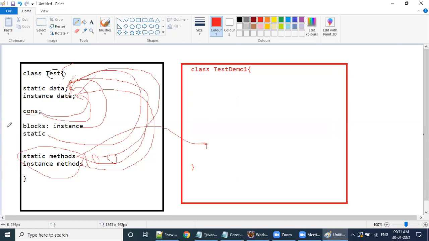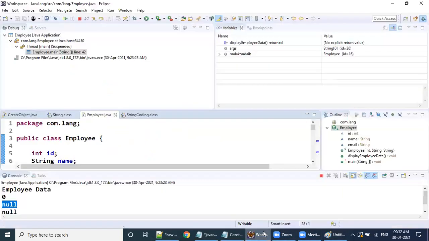Sir, if I take the help of blocks, what is happening here? If you take the help of an instance block, just before the constructor call, that instance block is automatically executed. Now after that, and just before it, a static block is also executed automatically. A constructor executes whenever you call it. No, I'll show you in practical. Yeah, no problem.